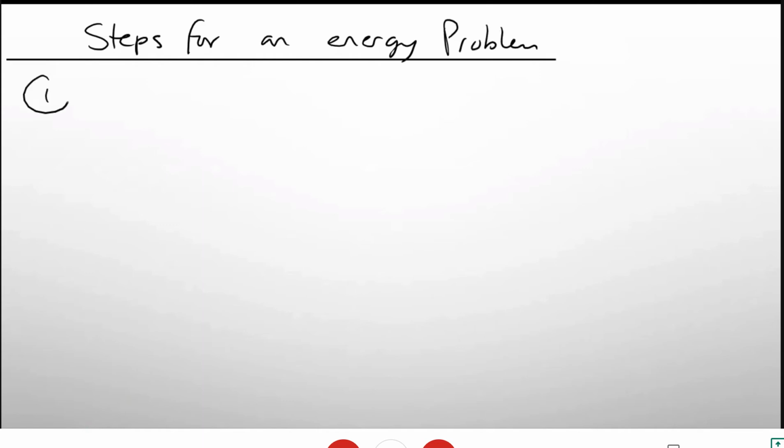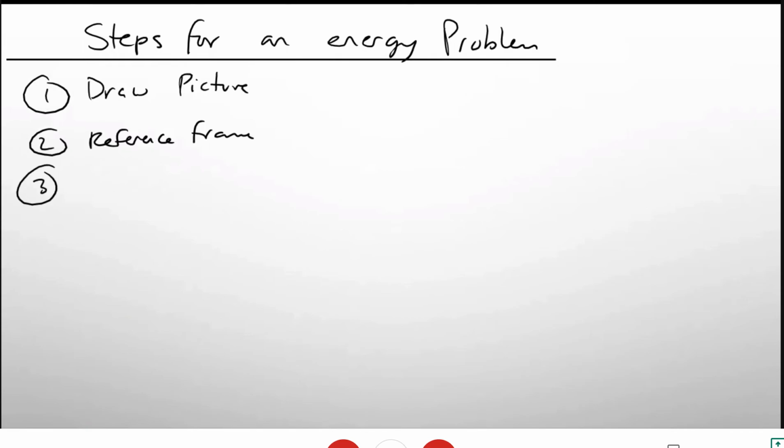First of all, just like always, we draw a picture. And next, we always like to have a reference frame, no matter what, just like the other types of problems that we saw. From here, the most important thing to do is to identify the types of energy